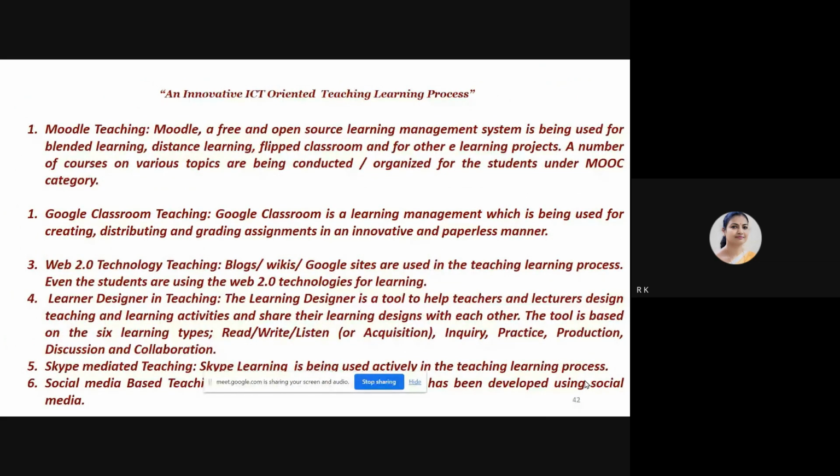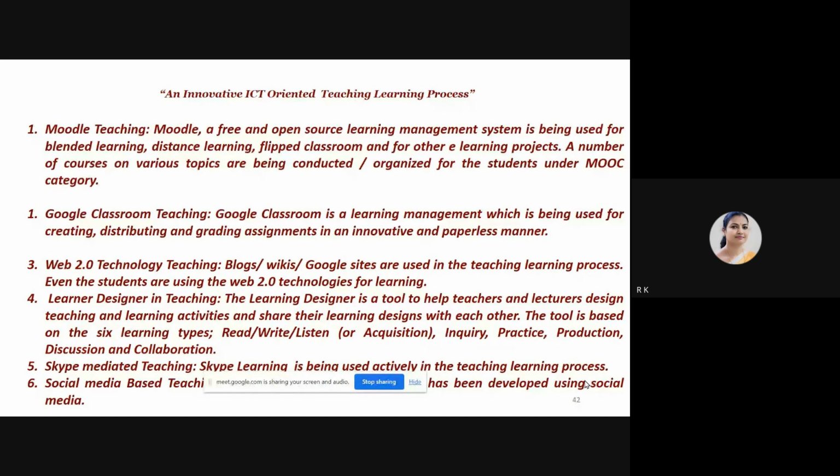Okay. So when you're talking about these innovative ICT tools, you have again Moodle teaching. Moodle is free and open source. Yes, we have already heard that, madam, n number of times. Yes, but how many of us are using flipped classroom teaching? In my earlier session also, I had emphasized, except for a couple of teachers who are my colleagues, the remaining 13 of them don't use it. That's the honest answer I should also share from my end. Only 2 of them use it, the remaining 13 don't. We are 15 of us in the department.